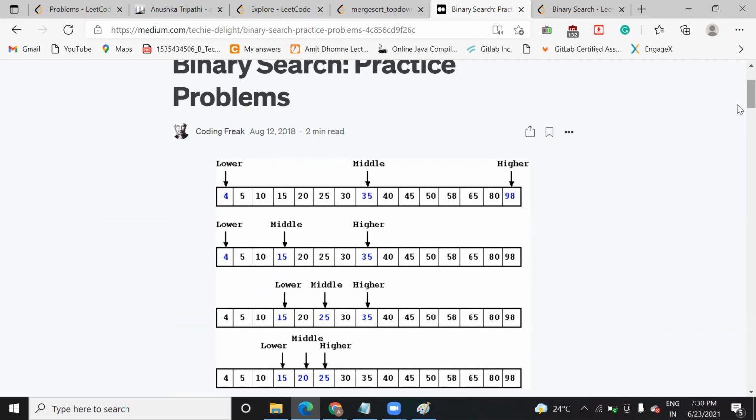And what is the mandatory condition here? That your data should be sorted. Binary search is applicable only on data which is sorted. You can't apply binary search in every situation. So note this point down somewhere or keep it in your mind: binary search is applicable for sorted data, not random data.